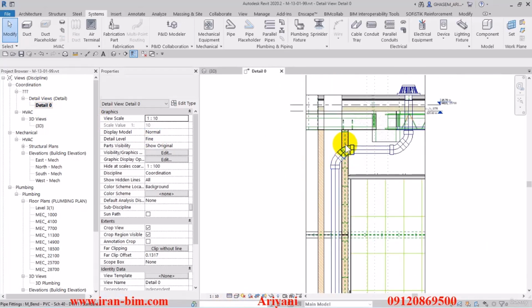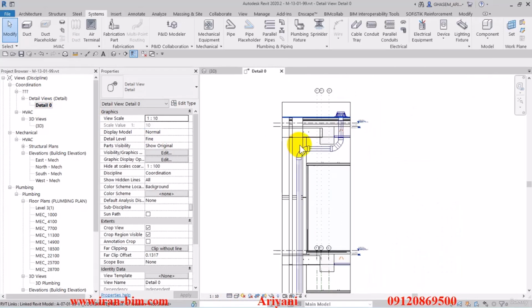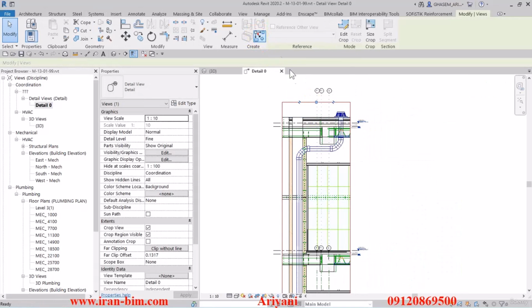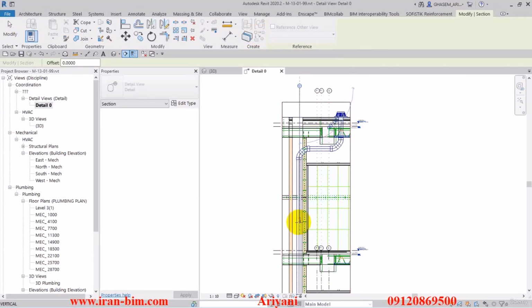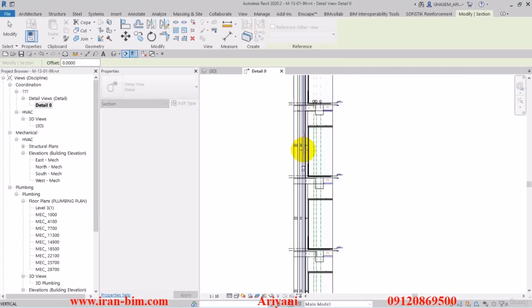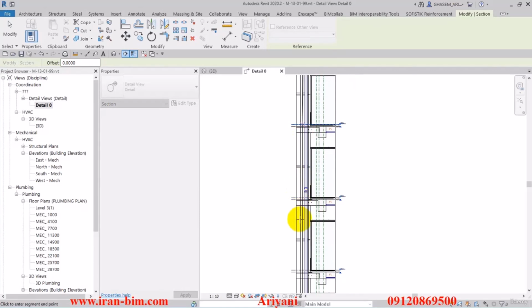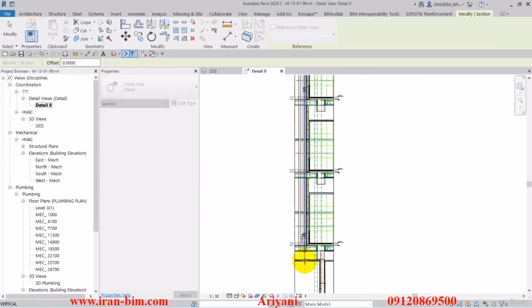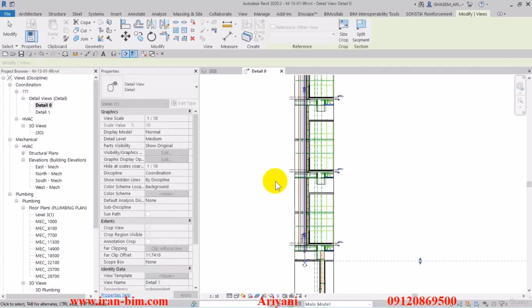All right, so I'll select this and hit create similar to create another cut right here so that we can see the wall from the side. All right, so bring it down all the way to this point and then let's see what we can do. All right, after that, let's go to the extend section and put the far clip offset on 0.1